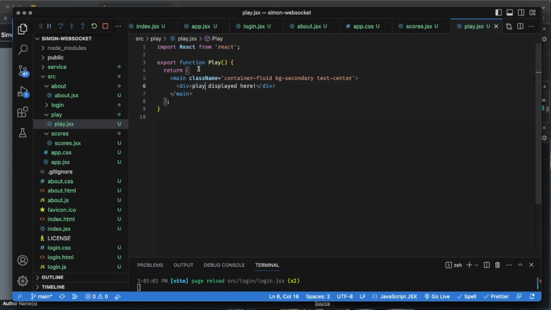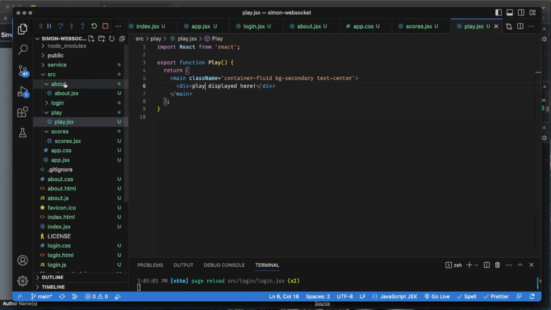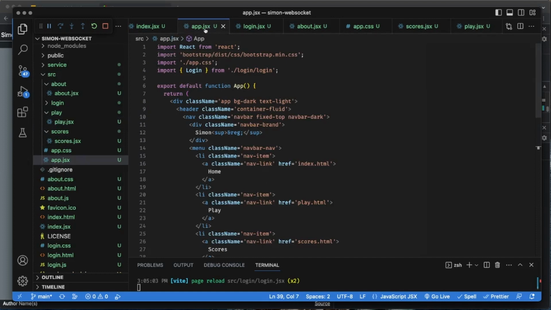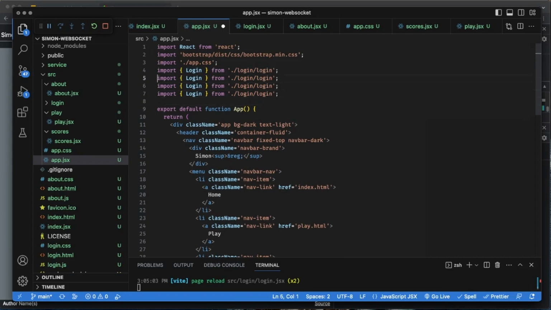Now, assuming I got all of those named correctly, which I probably didn't, hopefully we've got our 4 different placeholder components in here. And I could test one of them out by going to app.jsx and bringing in the other 3 that we actually need. So I'm going to bring in those three, and I'm going to import about, and we're going to bring that in from